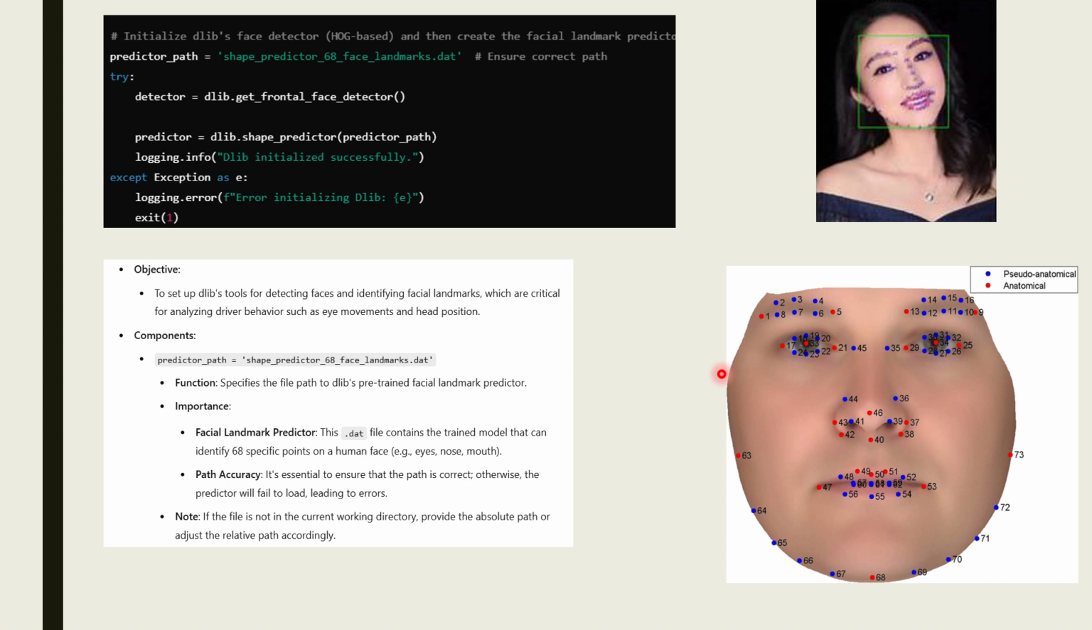Now let's understand how we detect the face, and after we detect the face, how we detect the landmarks. Basically, to set up a Dlib tool for detecting the face and identifying landmarks, which are crucial for analyzing things such as eye movement, we use the component called predictor_path, and we give predictor_path a file. This file is a HOG transform file, and we give this file in the same folder of the project, and then we will run detector equal to